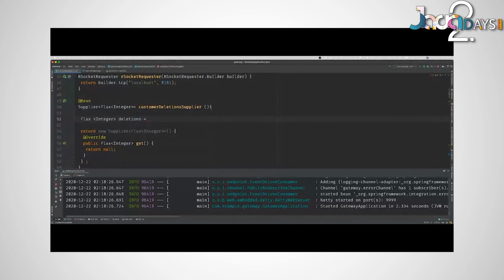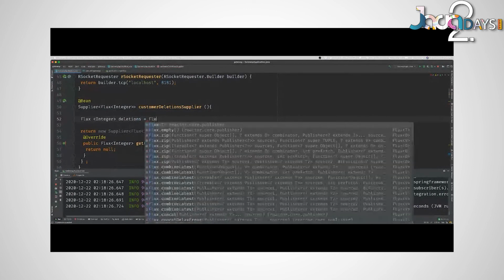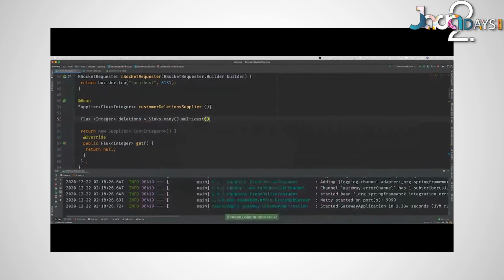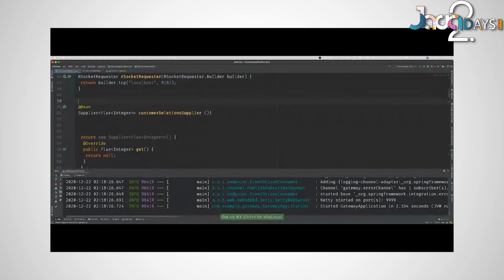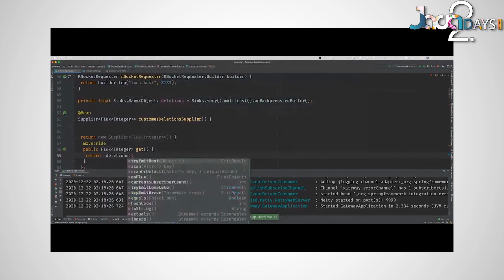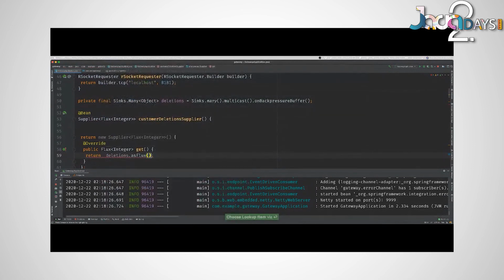So I'm going to say Sinks.many().multicast().onBackpressureBuffer(). Okay, that's my deletions. I'll say deletions.asPublisher().